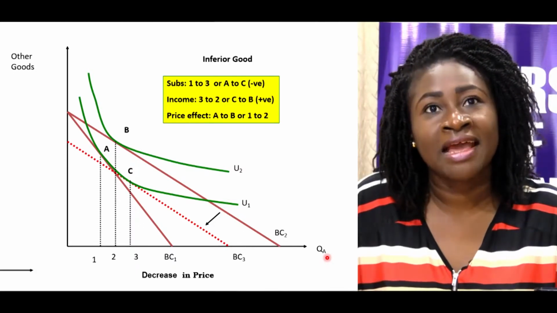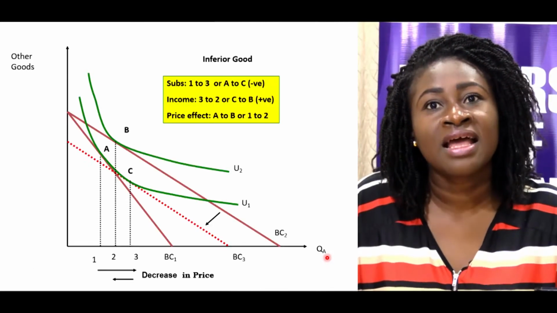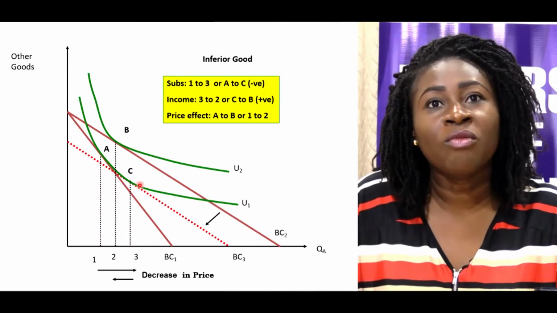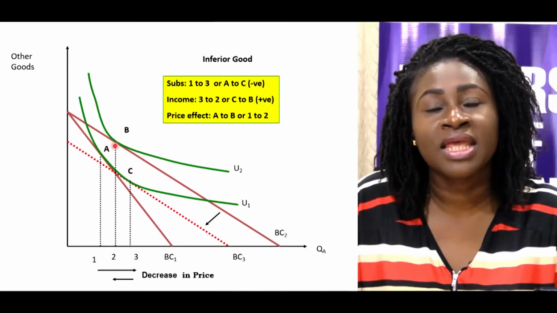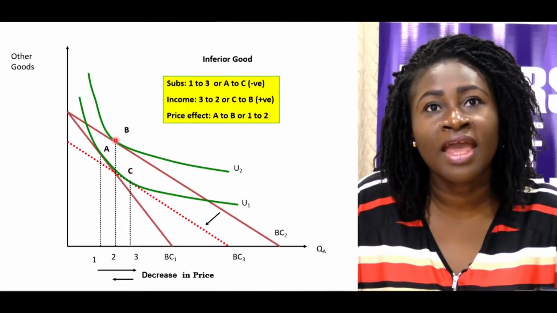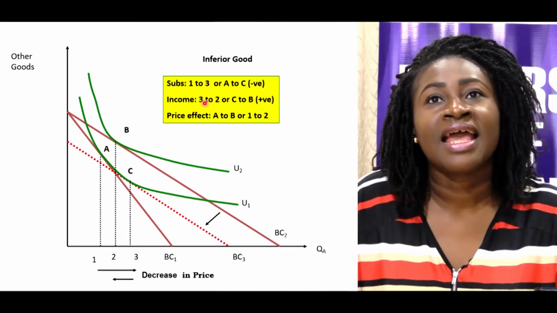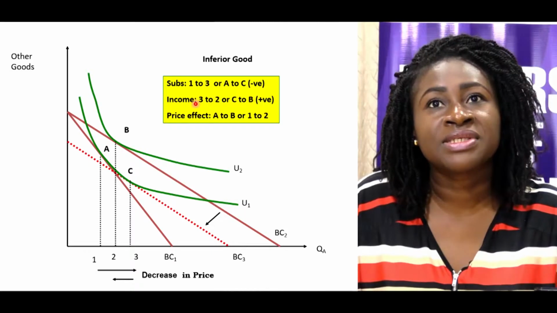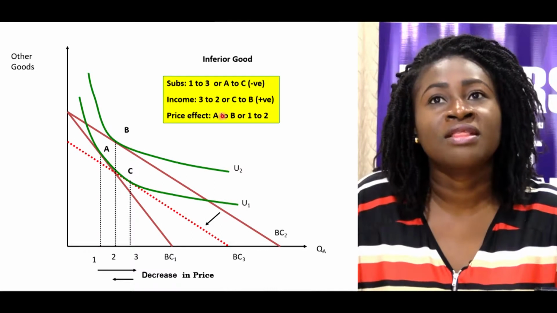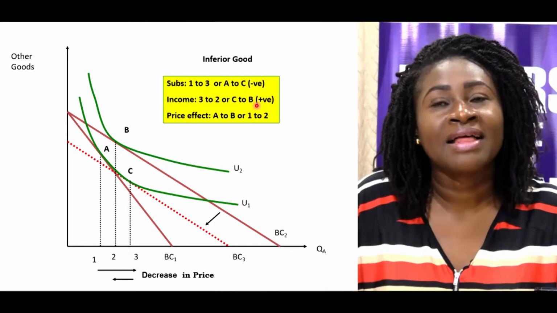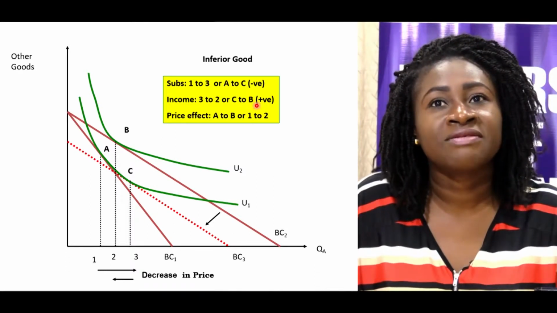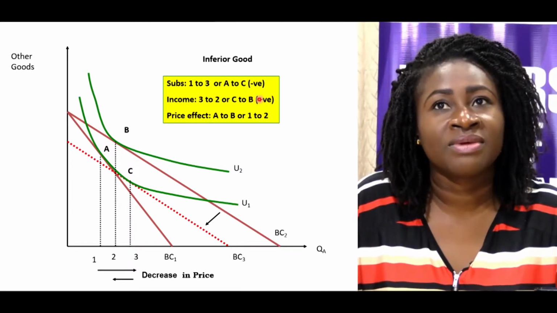But let's look at the income effect. The income effect is a movement from point C to point B. So here you can tell that the consumer is decreasing consumption of QA because of an increase in income. And here we can tell that a decrease in price, which increases income, leads to a decrease in what? Consumption. So the movement is a positive one in terms of the income. Remember, the increase in income is originating from the price angle, and that is why we are saying it's positive